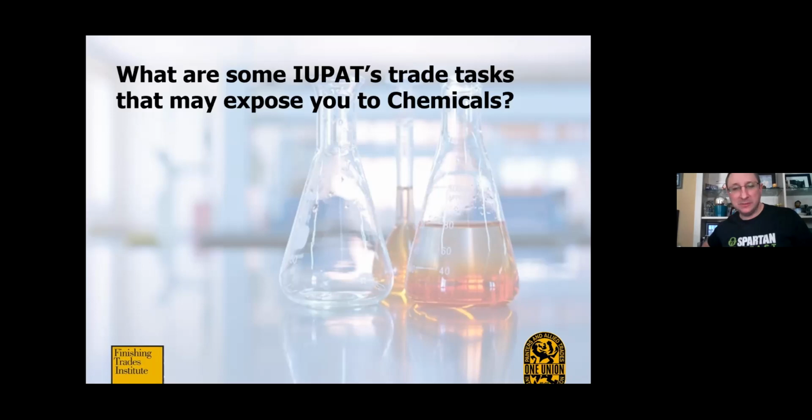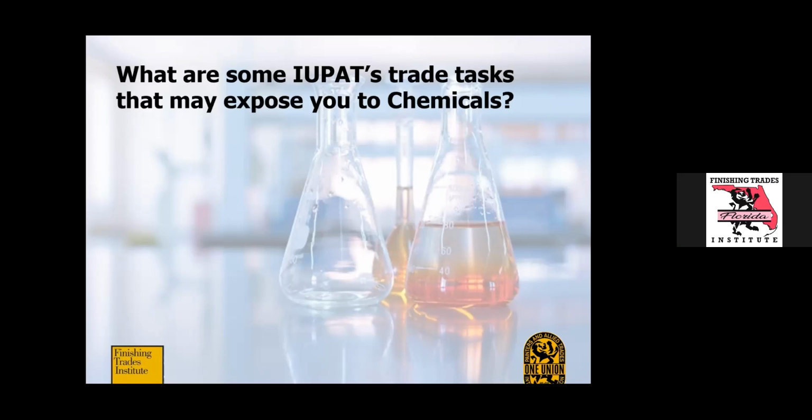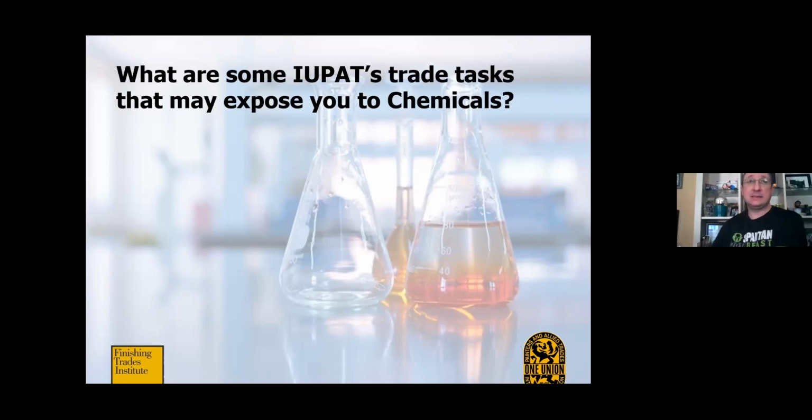Excellent. Well, welcome. So do we have any other examples of trades in the IUPAT or tasks within a trade that would expose that member to chemicals? So we covered coating something or cleaning surfaces before you coat. What else? Just mixing a coating can, if you accidentally spill any of the stuff that you've mixed up. A lot of the coatings might have something like a thinner, and often the thinners are not good for you. Yep, that's right. Mixing paints, mixing coatings, floor covers, adhesives, the cleaners that they might use,